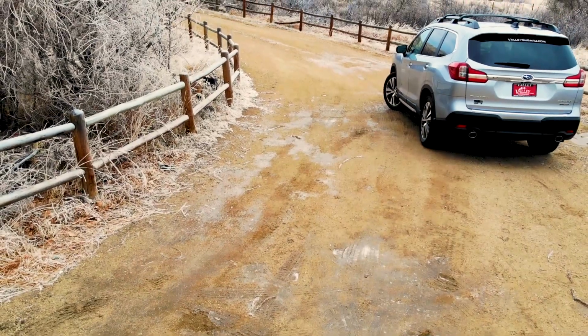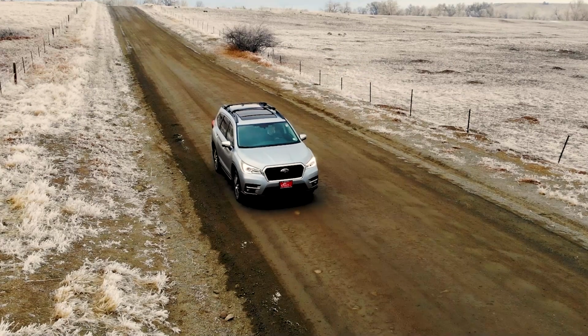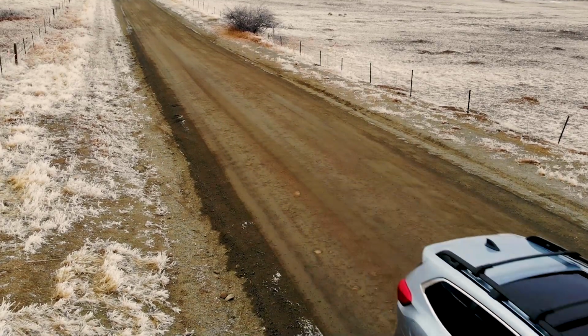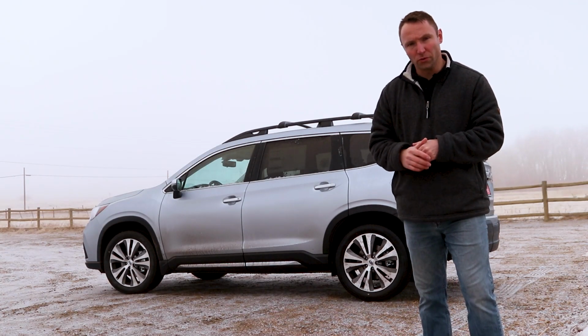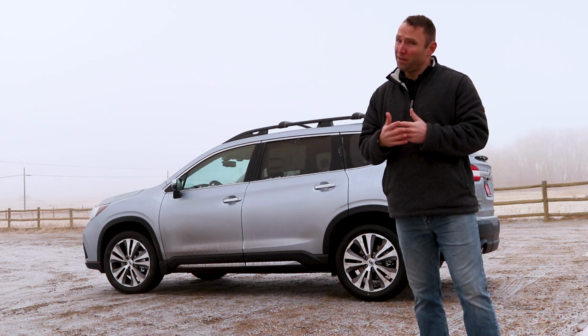Looking at the styling, it has a traditional conservative styling consistent with most Subarus. It isn't the most striking vehicle out there, but it isn't ugly either. The interior design also follows this tradition. But let's be honest, that's not why people buy Subarus. People buy Subarus because of all the things that you can do with them that you can't do with other